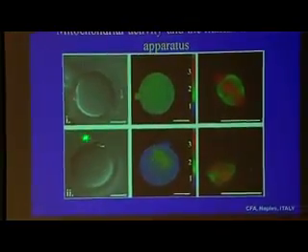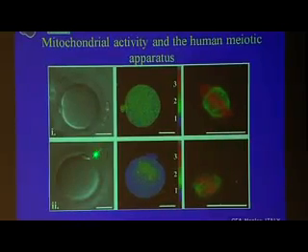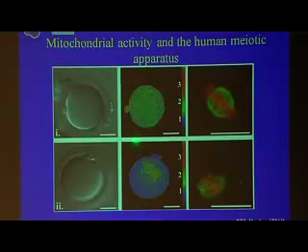So these are live confocal images. Here, in this particular case, we're looking at two apparently normal M2 oocytes, human oocytes. If you fill them with a dye, and you look at mitochondrial activity but also distribution, you can see this typical situation. And then if you label later for the meiotic spindle, you've actually got a very normal spindle